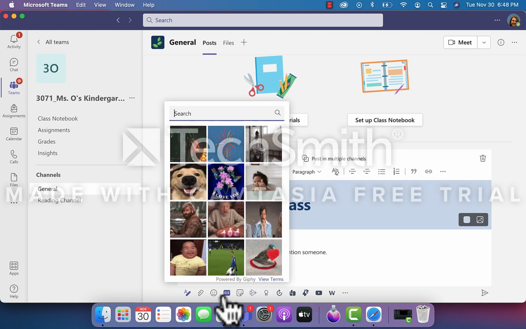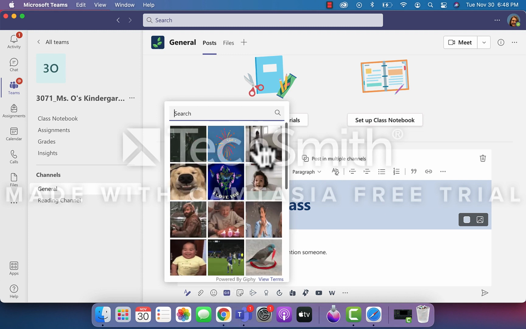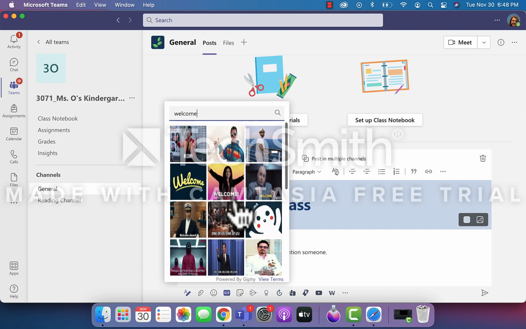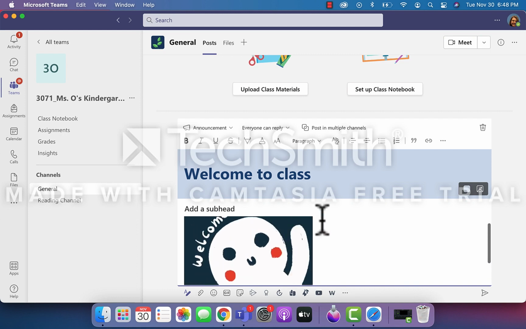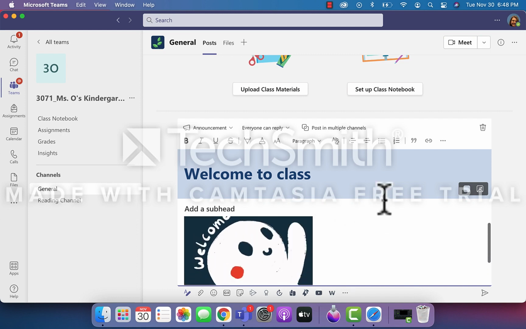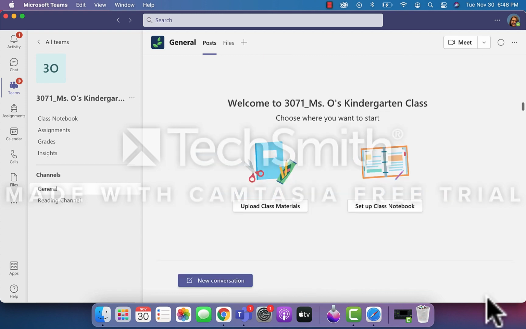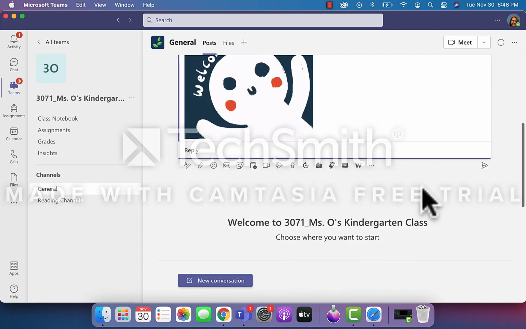So we're going to click down here. And let's search welcome. Let's do this little gingerbread man looking guy. He's cute. And then we're going to post by sending it with this little paper airplane down here. We're going to click send. And now we've got our first